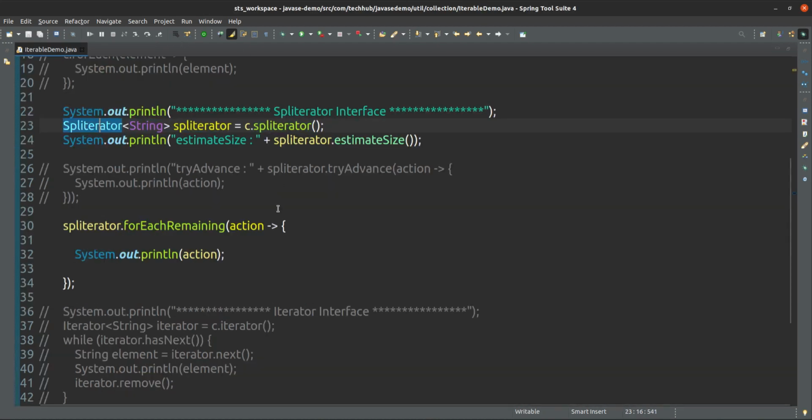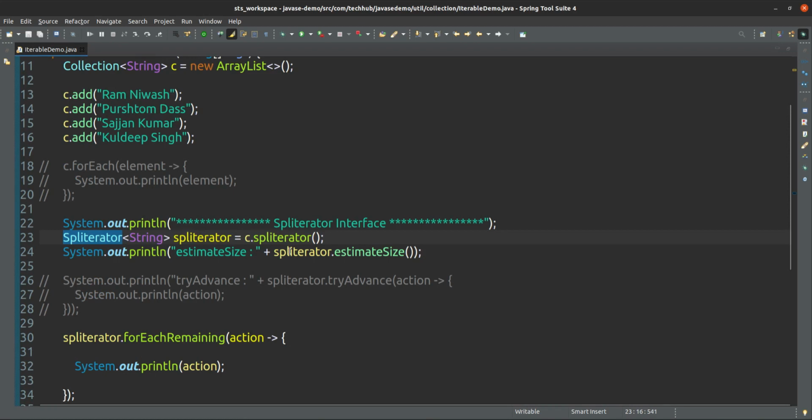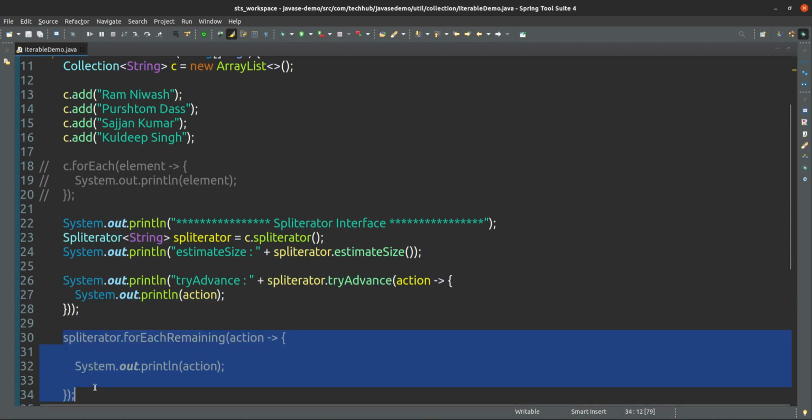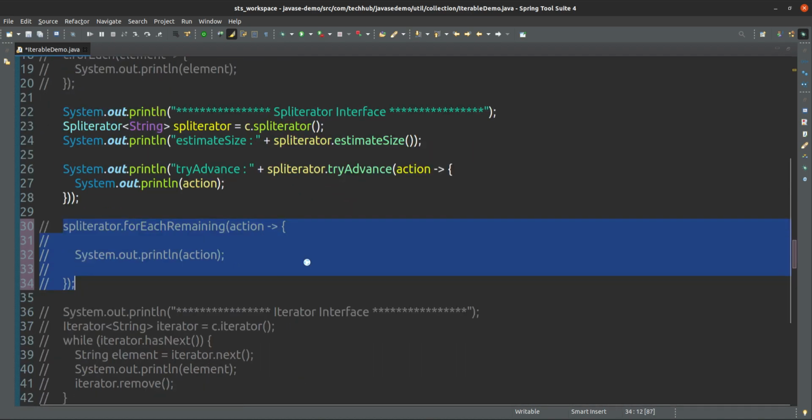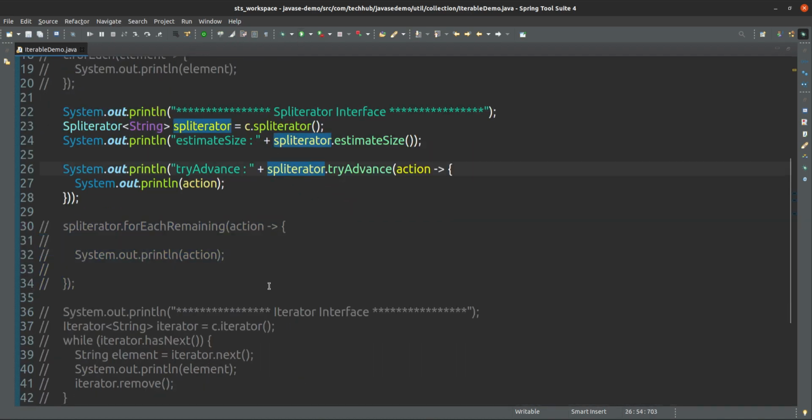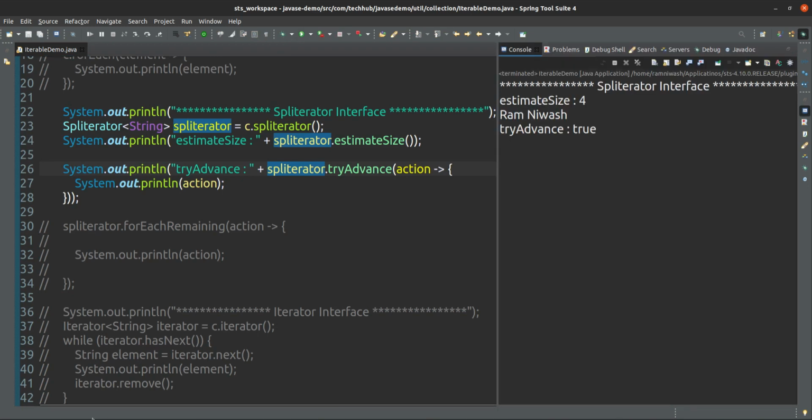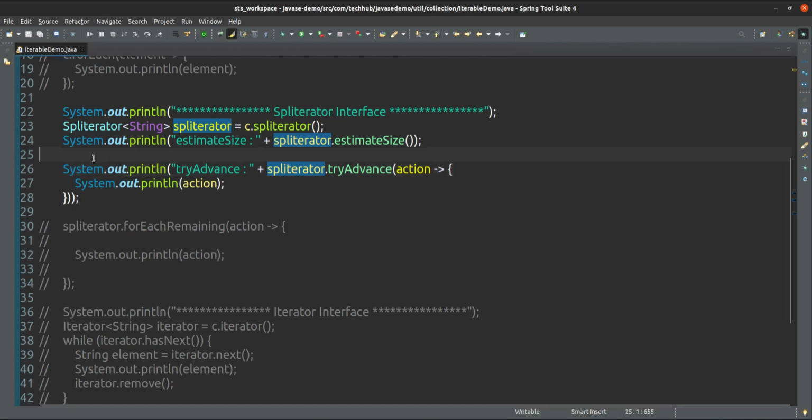So this is called Spliterator, and using the Spliterator also you can iterate the elements. tryAdvance. If you see this implementation, what will happen? Yes, so tryAdvance. Now it will take the first element, and now if we see the exact size, what will happen?